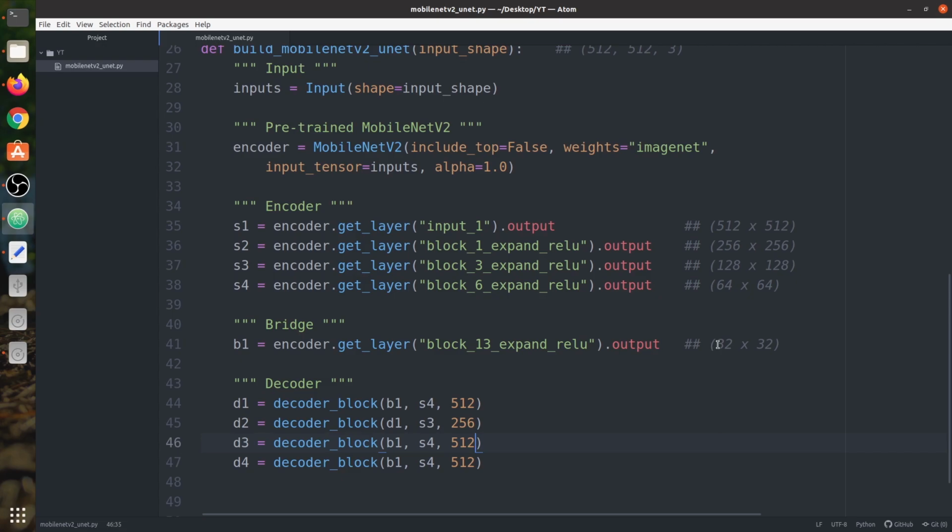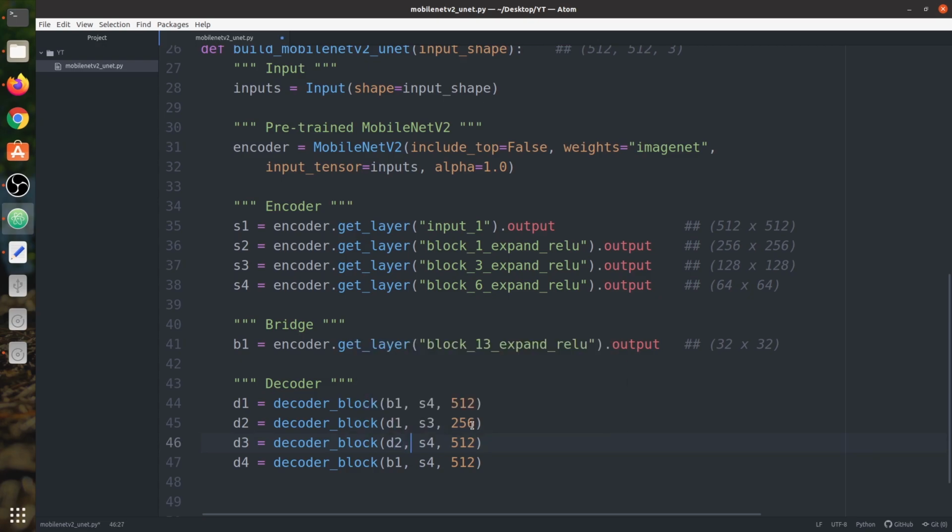Okay, so the resolution initially was 32 by 32 and it expands to 64 by 64 in the first decoder block, and then the number of filters starts to decrease by half. So resolution doubles and number of filters reduces by half. Both change by a factor of 2, one increases, another decreases. Same thing we're going to do for the third decoder block.